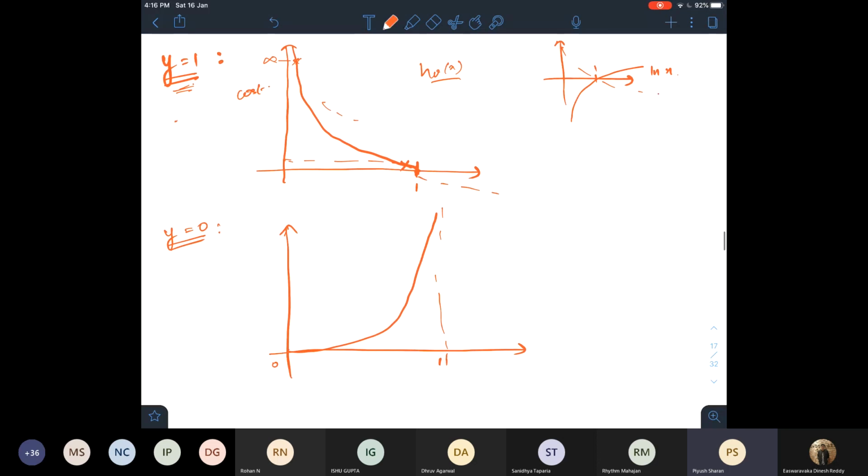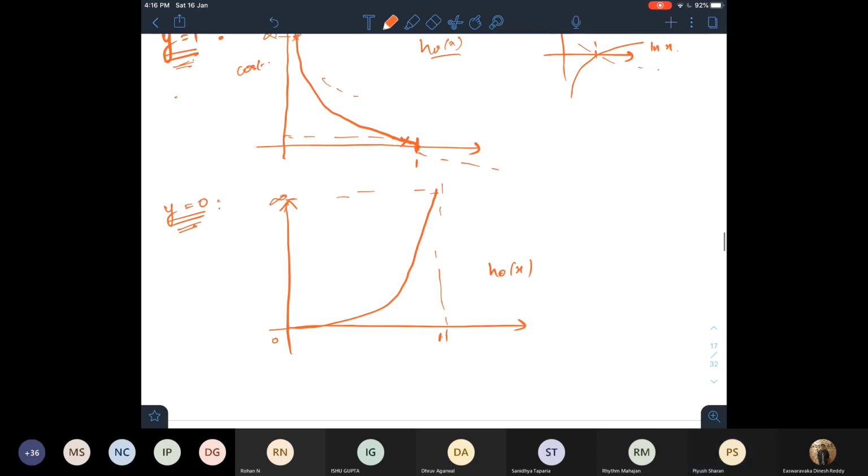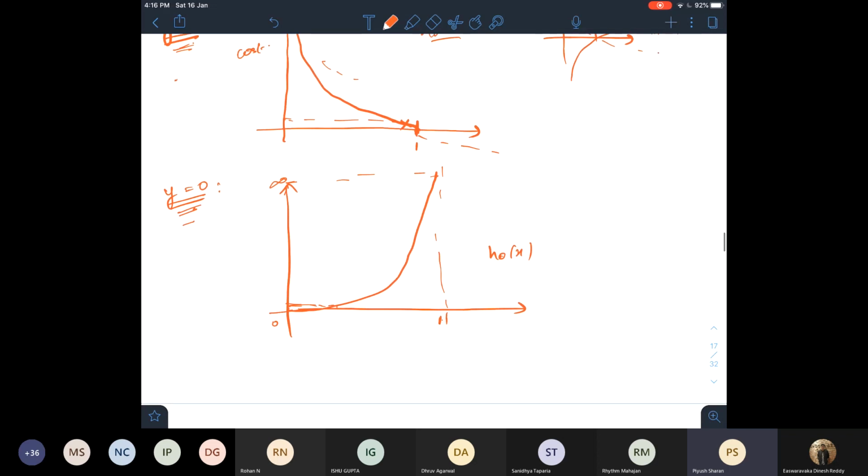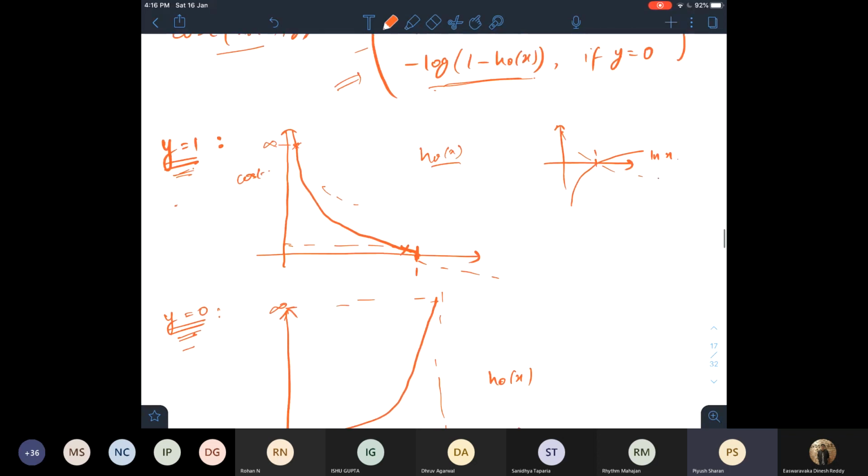So over here, if the value of y is truly 0 and the hypothesis mistakenly predicted it as 1, again you can see that the cost is infinite. And similarly, if the y value is 0 and the prediction is 0, the loss is very less as it gets closer to the true value, which is the reason why we use this.